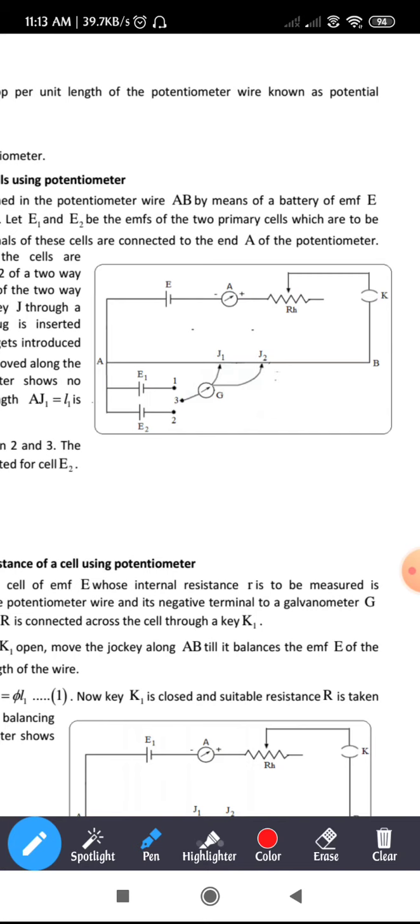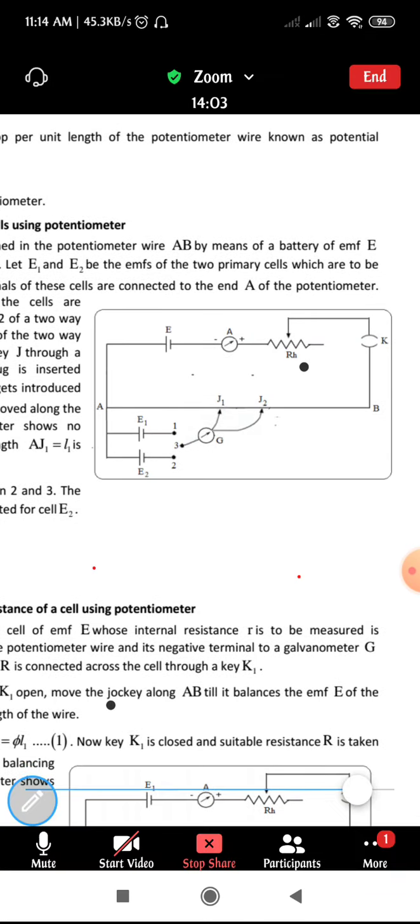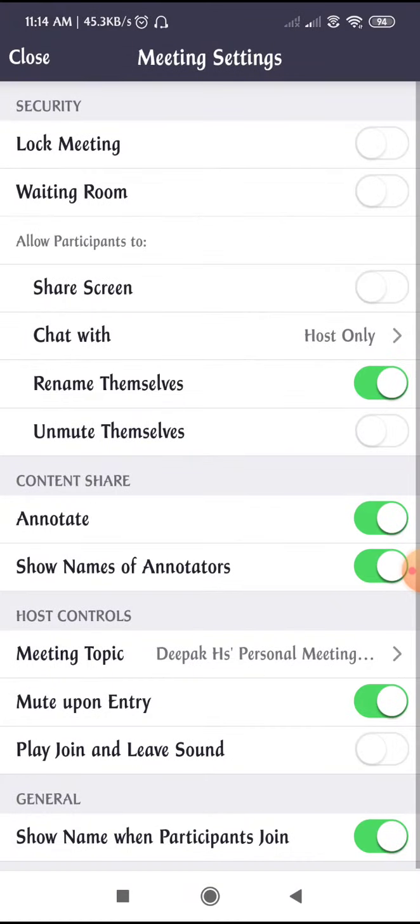So why is the ammeter used? The ammeter is used to adjust the current, just to know for what value we have set the current in the circuit. And the rheostat is used to increase or decrease the current in the circuit. The galvanometer obviously shows the deflection. Once the galvanometer reads zero deflection, we say that the bridge is said to be balanced, right? So that is the thing there.